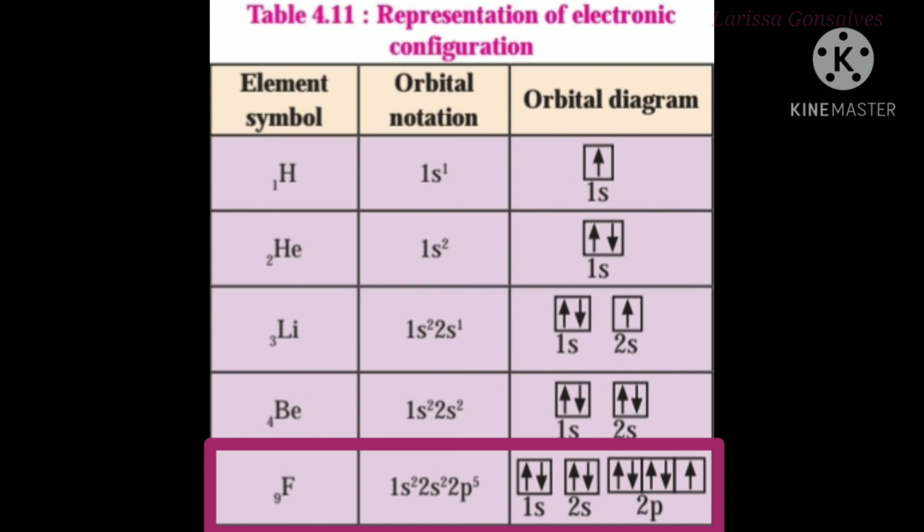For fluorine, the atomic number is 9 and the electronic configuration observed was 1s2, 2s2 and 2p5. So here we have 1s, 2s and 2p. So one block for 1s, one block for 2s and 3 blocks for 2p, because we know the maximum electrons p shell can accommodate are 6. So in 1s we have 2 electrons, so upper spin and lower spin. Again in 2s we have 2 electrons, so that is upper spin and lower spin. In 2p we have 5 electrons, so first we need to put the upper spins and then the lower spins.